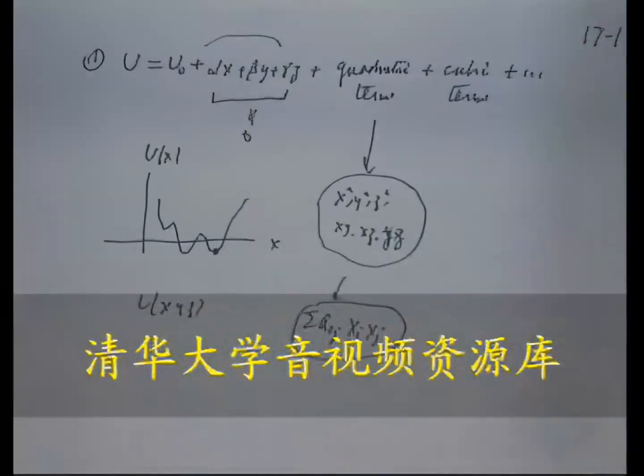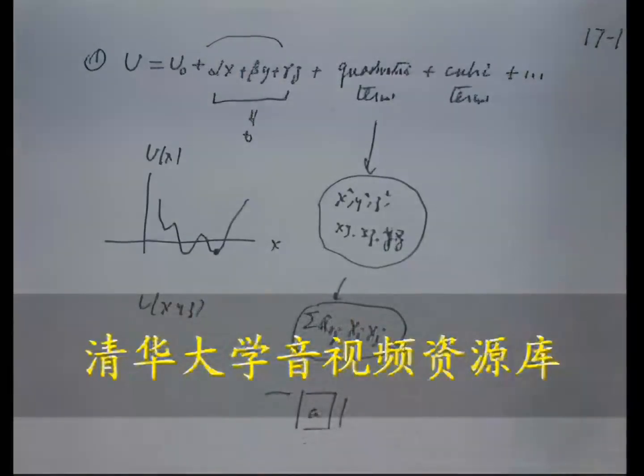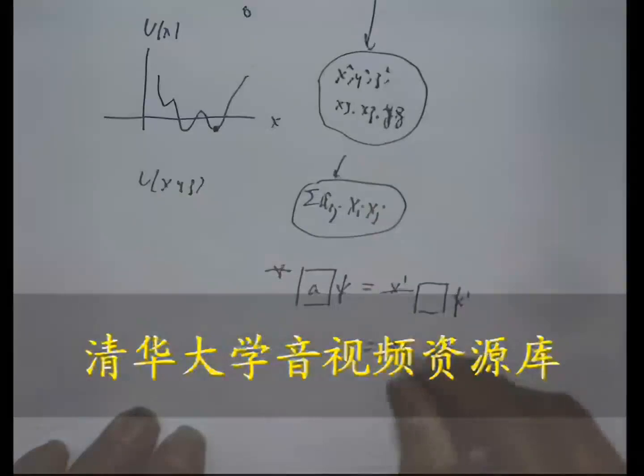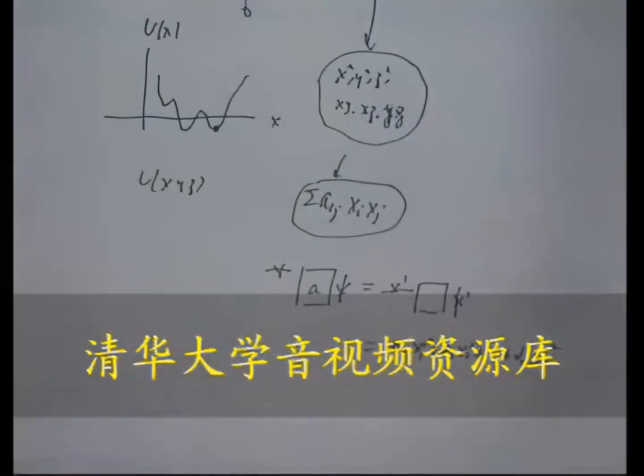Now once you have a quadratic expression like this, you can write it as this times A times this. A is a square matrix. Then you can diagonalize this by a theorem about the matrices. So after the diagonalization, this is x, it becomes x prime times diagonal times x prime. In other words, it becomes equal to a constant, let's say, alpha 1 x1 prime squared plus alpha 2 x2 prime squared plus alpha n xn prime squared without cross terms,